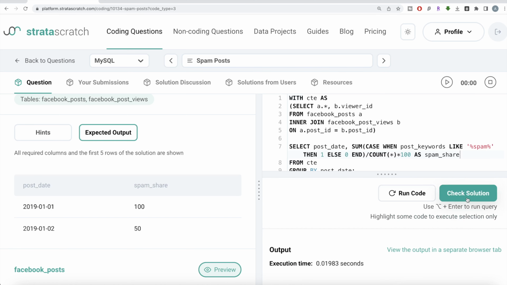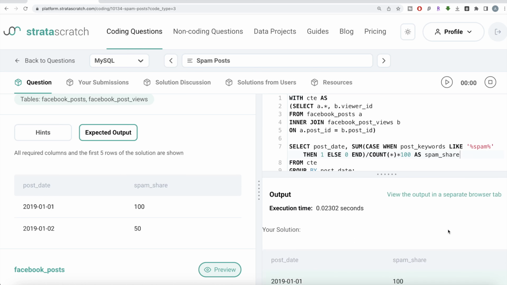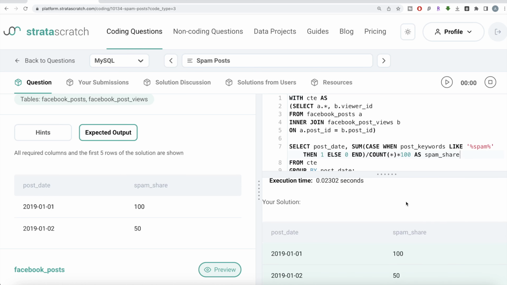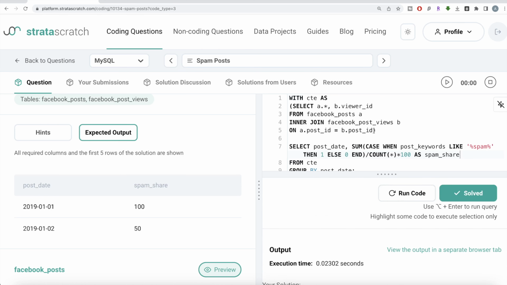Let me go ahead and submit it. So first all the test cases. So everything is green, and this is how we do it. So not a very difficult question. All we had to do was, firstly make sure that all the posts are the ones which are viewed by someone, and once we had that, then we just grouped by the post date and then used the case when and sum statement to get the total number of spam and divided by the total number of views